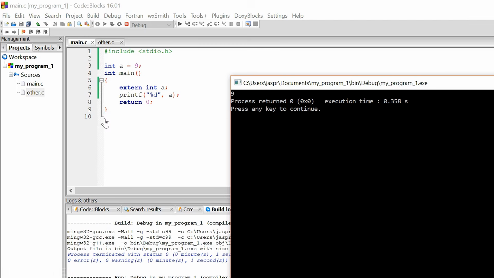And if I go out of the scope, it will first check its file in which this variable is declared. If the definition of that variable is found, then it will get printed. As you can see in this case, integer a is equals to 9. Therefore, the value 9 is getting printed. Otherwise, if it is not found over here, then it will search the other files and see for the definition of this variable a. That is what is happening when we try to print this value.